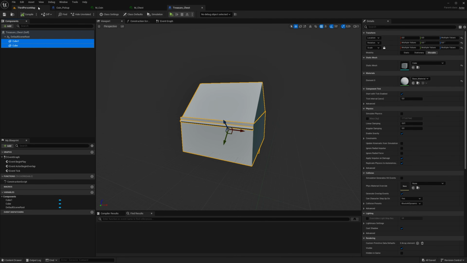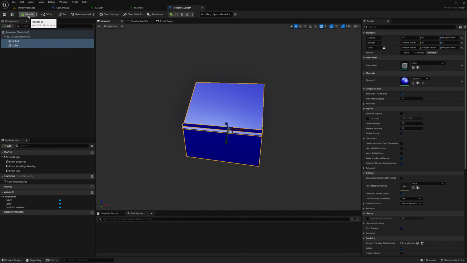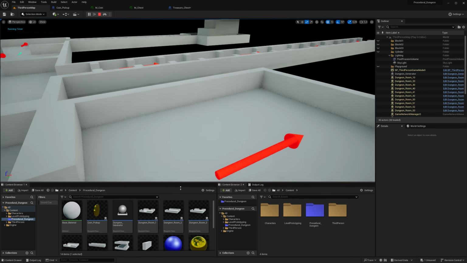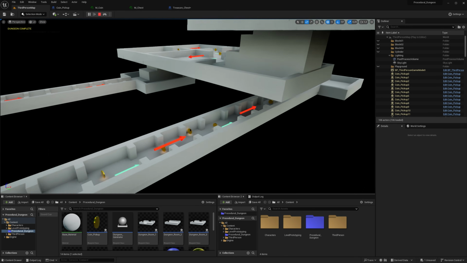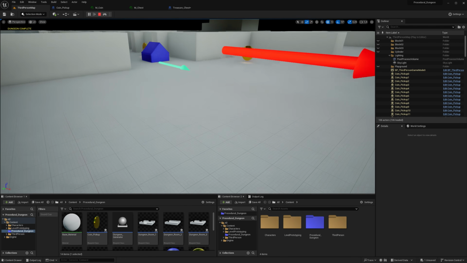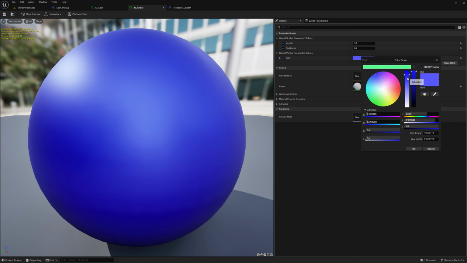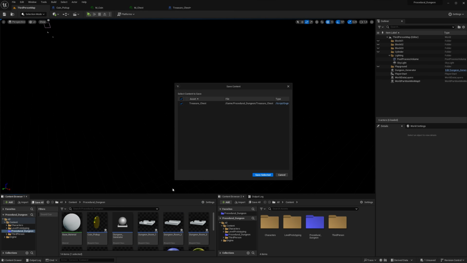So select it over here, chest. Looks awesome. Play. Let's see what we're working with. Coins. We need more chests into this dungeon. It's a little dark, but I think I will make it a little brighter. Like this. You could also put in a light, but we're not going to do that for this chest.